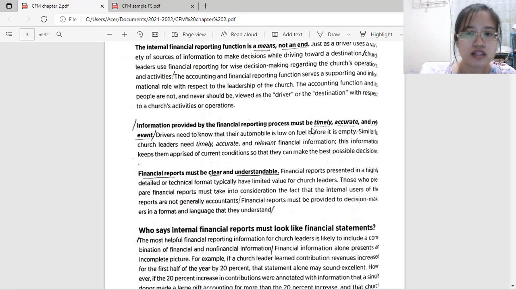Okay, so when we say timely, of course, the financial condition of an organization is subject to change every month or every quarter. So it's important that the information they use in making their decisions is timely. Okay, it's up to date. Let's say, just last month, this is our financial situation. Okay, and then accuracy would pertain to